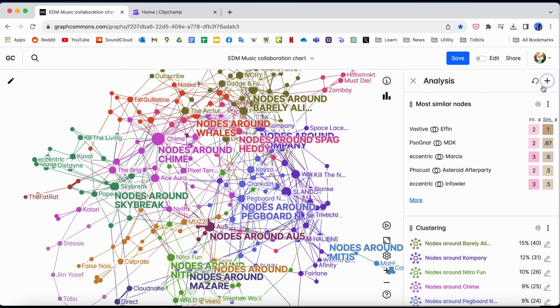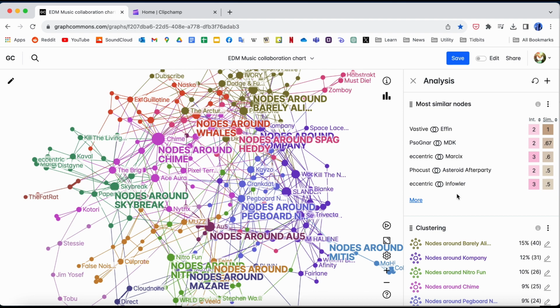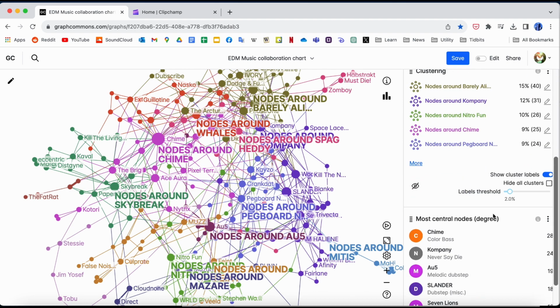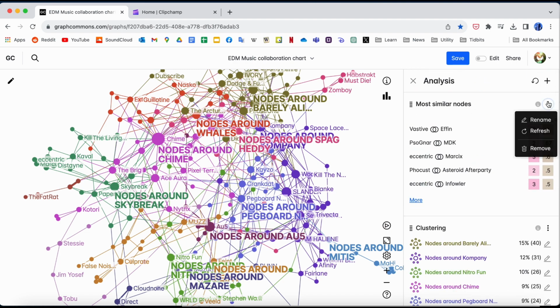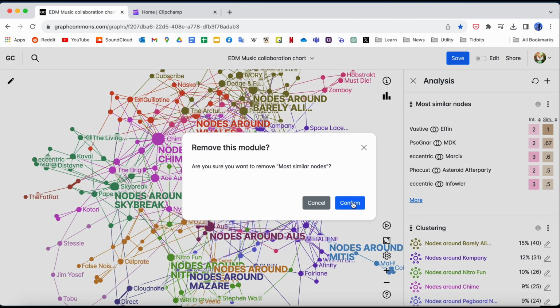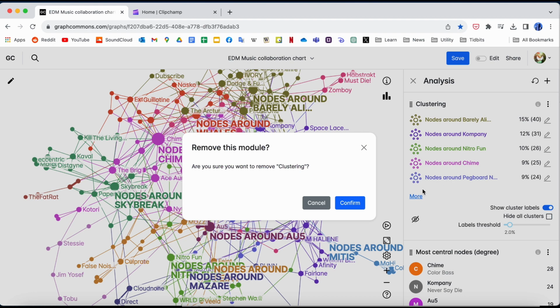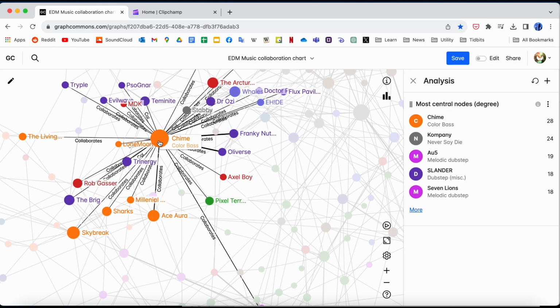And then you could add, I think, centrality is another attribute you could explore. And according to this website, Chime is the most central one, which makes sense because Chime has collaborated with just so many artists over the years, and they're all really great collabs. So you can see this is a lot of collaborations.